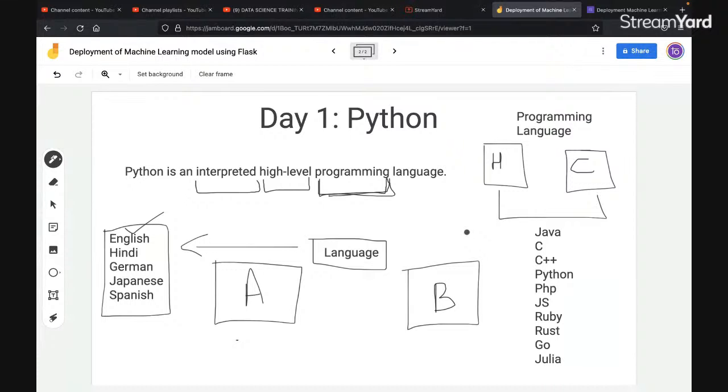For example, if I want to create, let's say, a desktop application, in that case I can say you can go ahead with Java, you can go ahead with C, but don't go with Python because Python is slow. But that doesn't mean that Python is bad, right? If I talk about data science, Python and Julia will take the topmost priority as compared to Java and C. Then we cannot say that C and Java are bad, right? So the scenario or situation defines which language to use and which language to avoid.